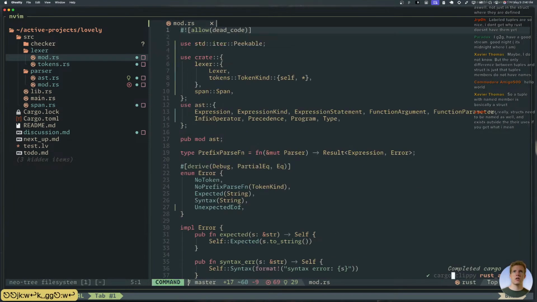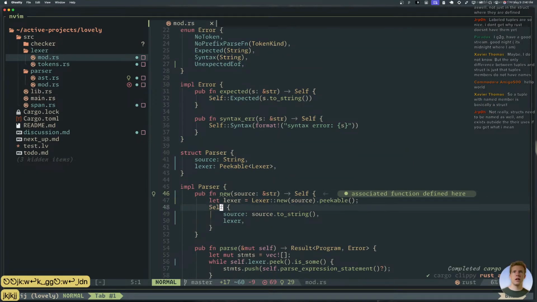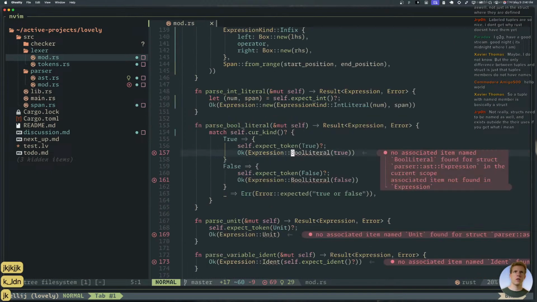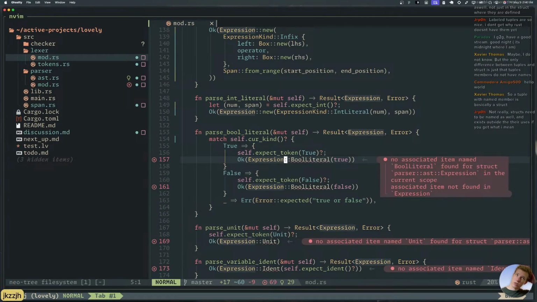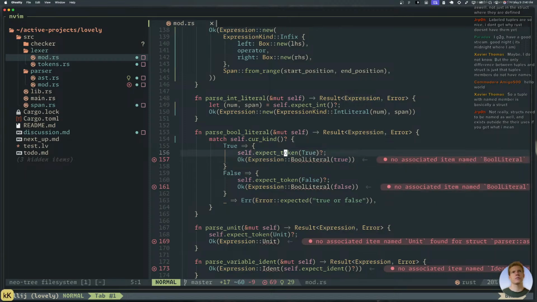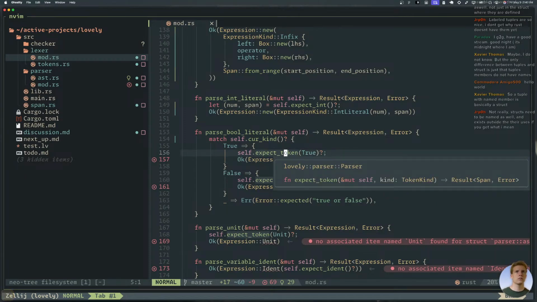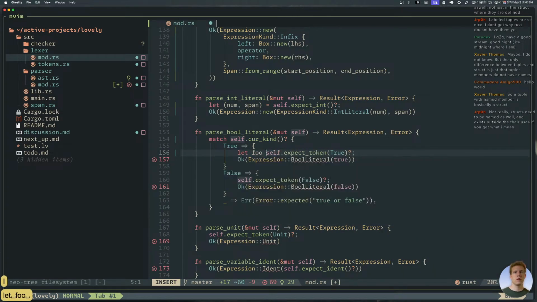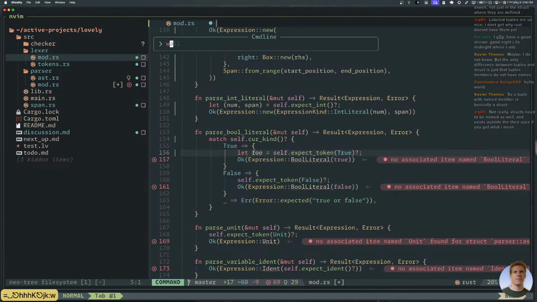Like this should have, whoa. Oh wait, no, we don't change these. Okay. So we're down to only 69 errors now. Bool literal. Okay, so bool literal. So let me get a span here, right?